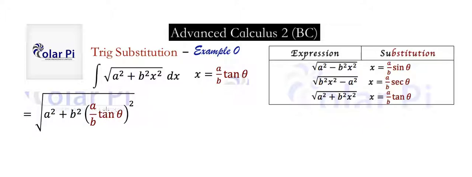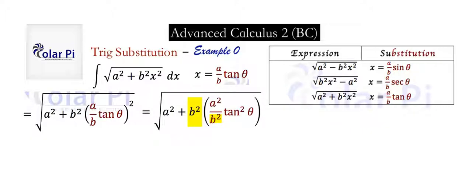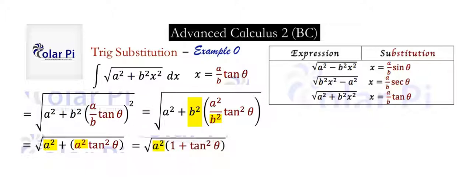And so using exponent rules in this part, we can simplify a little bit more and write this. And now where to from here? Clearly that b squared and that b squared right there are going to cancel. Once we cancel those b squareds, we can write this. And just like the 9 here and the 9 there from the earlier example, we have an a squared here and an a squared here. And this is a convenience. What are we going to do? We're going to factor out this a squared